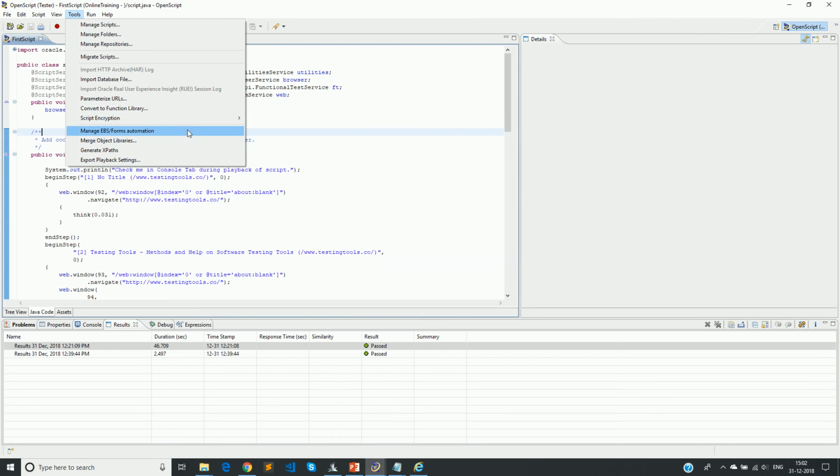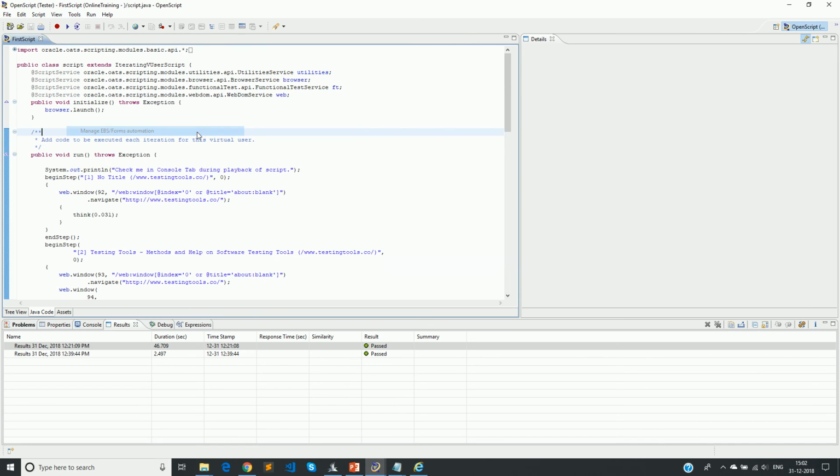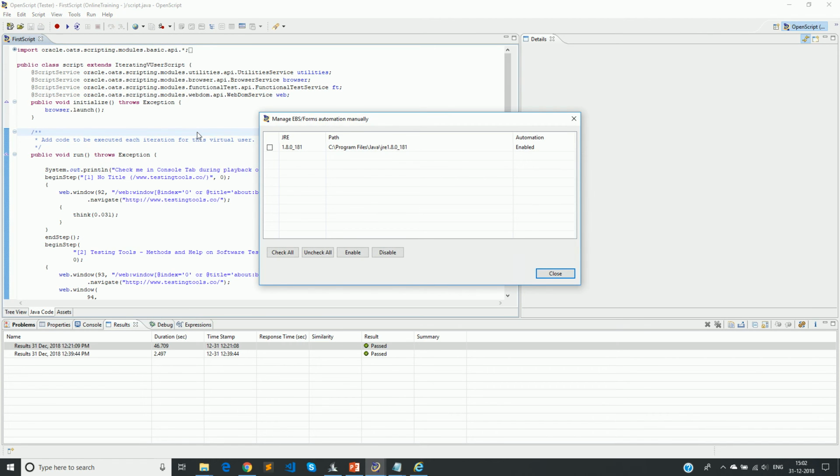One other important thing is manage EBS forms automation. If you are working with Oracle EBS forms, OATS has to basically understand which particular JRE version you want to use to record or playback operations on the Oracle EBS forms. In case your laptop or machine has multiple JRE versions installed, it will list out all those things, but you need to check and enable the one which is more required or compatible for your forms to launch in your machine or laptop.